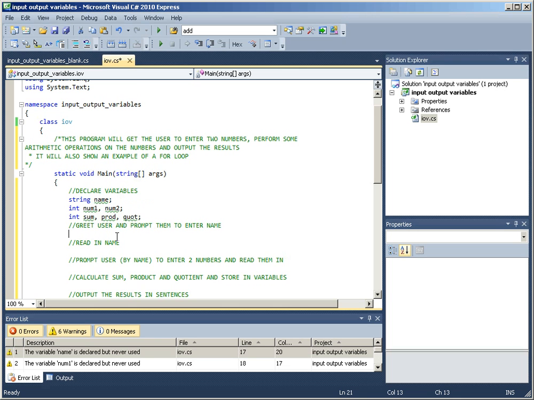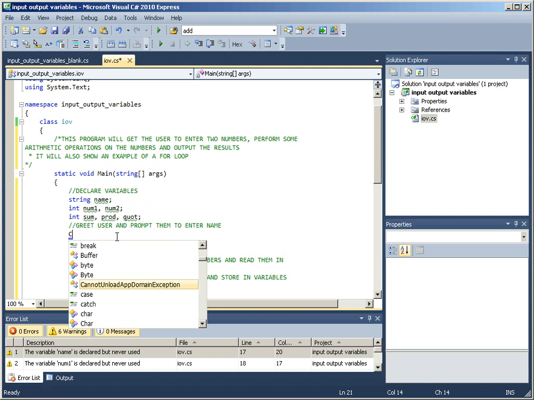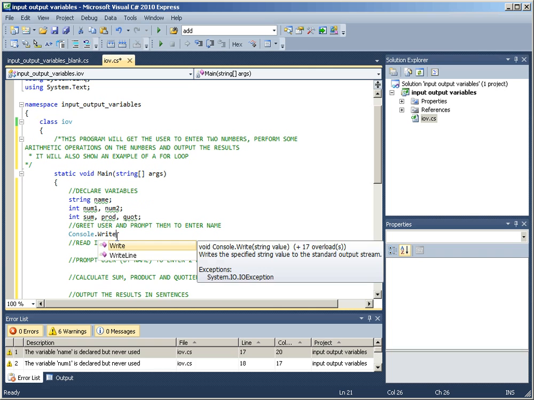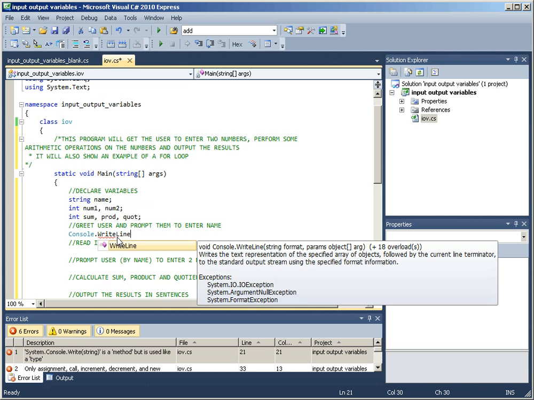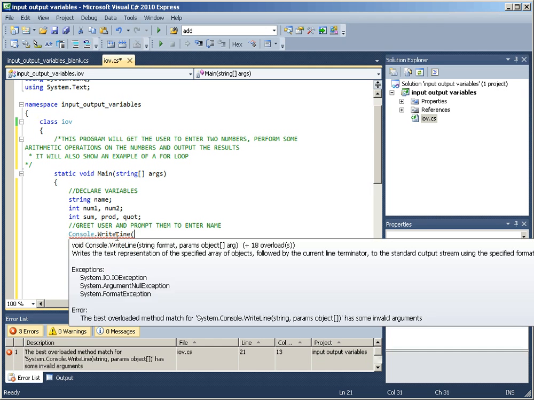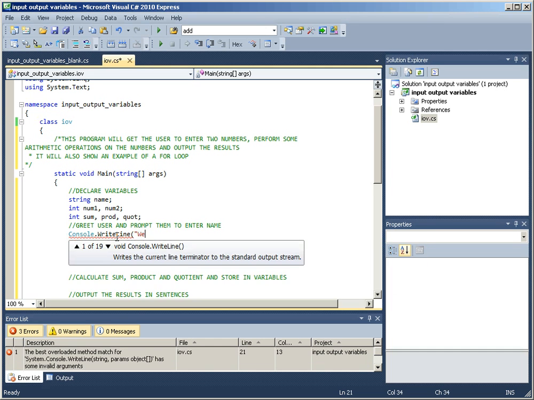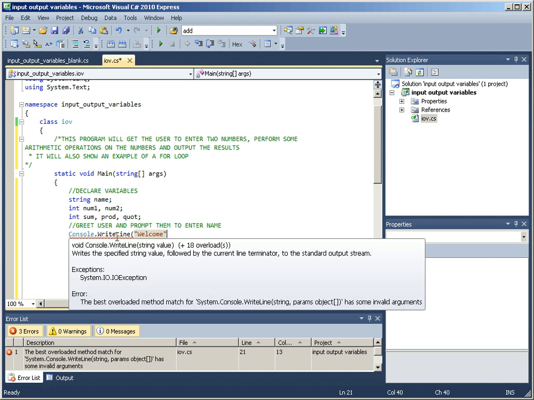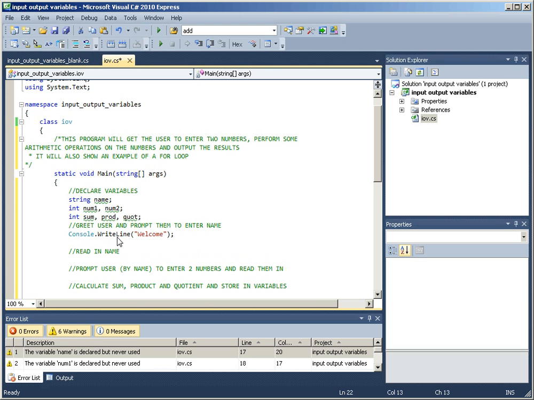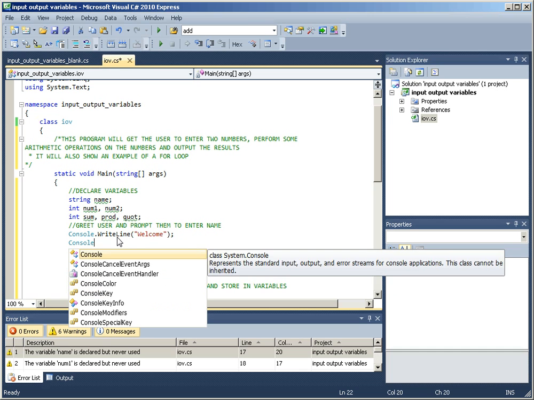Next up, we want to greet the user and prompt them to enter their name. So to get some output in C#, we want to use the keyword console.WriteLine. Okay, so console.WriteLine writes a line of text out to the console, which is what we're programming in, and in brackets and then in quotation marks we want to put the string that we're going to output. And we have to end every line here with a semicolon. So we're going to output welcome, and then we'll output,